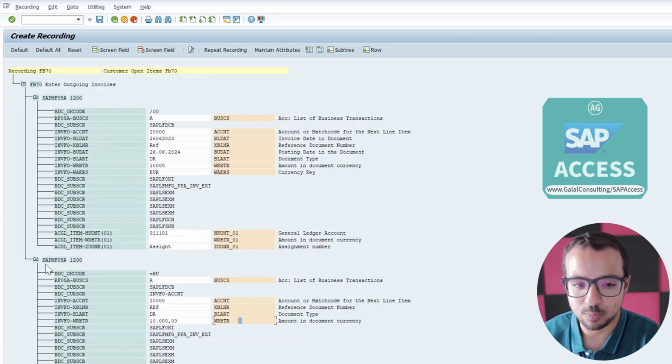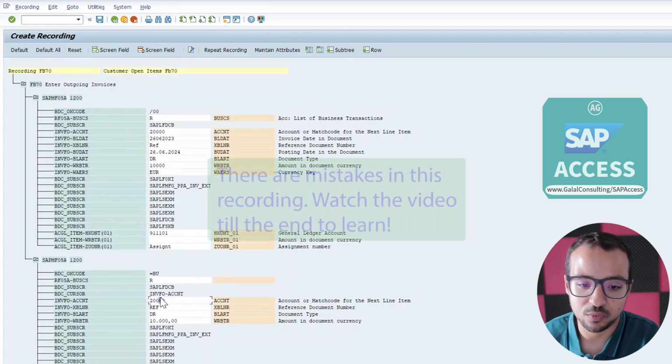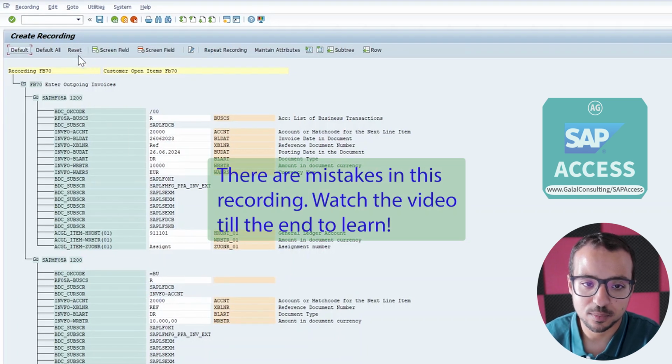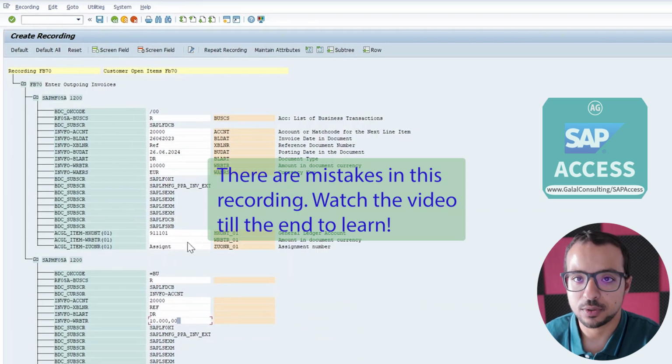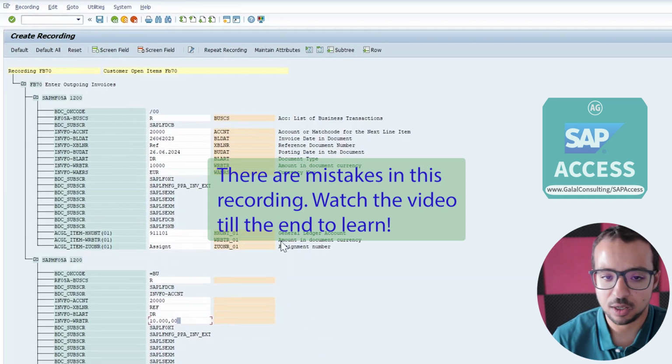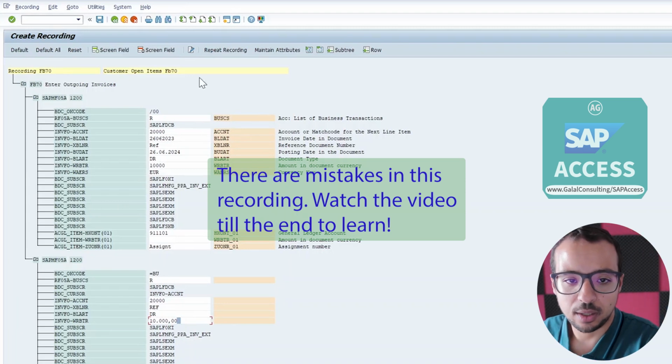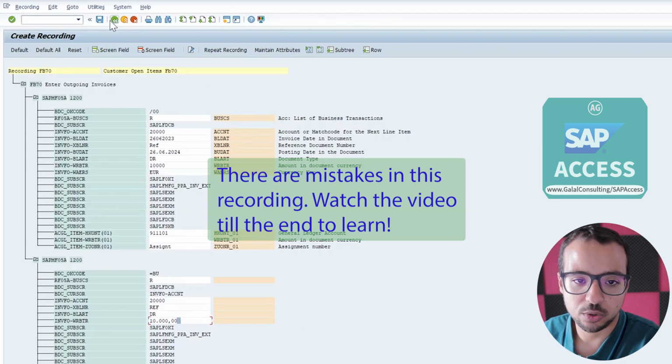As you see, we have the screen repeated again here, and we also have the same fields. So SAP recorded them twice, maybe because I pressed enter. But anyway, we don't need this repetition. So what I will do here is reset all of these other fields because we don't need them. For each field, we click on reset. And this means they will not be included in our mapping because we already have them included here. This is a repetition. So now these are the fields I have. And I'm going to save this recording,